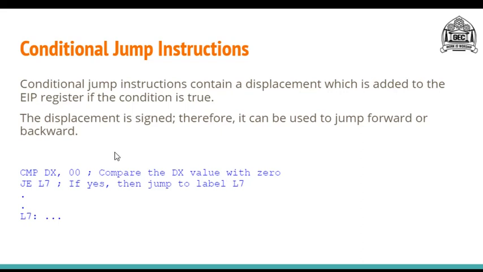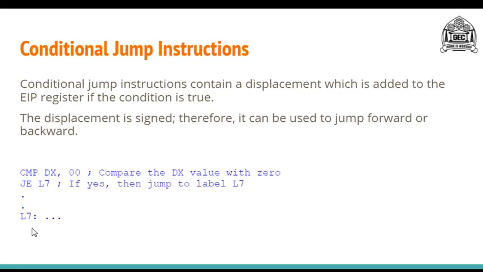Now let's see an example in order to understand what a conditional jump is. For conditional jumps in 8386, there are various mnemonics and opcodes specified. I have already shared the file with you all on Classroom. You can also check it on the net. There are different types of mnemonics associated with each conditional jump. Based on the condition, there are different opcodes specified for the jumps. So please go through each jump condition and jump mnemonic.